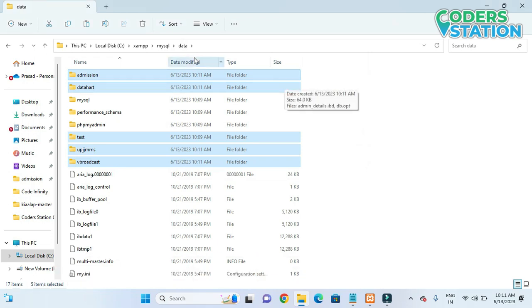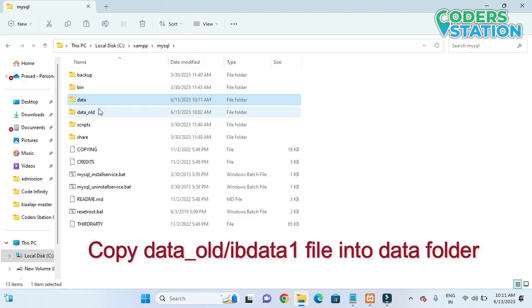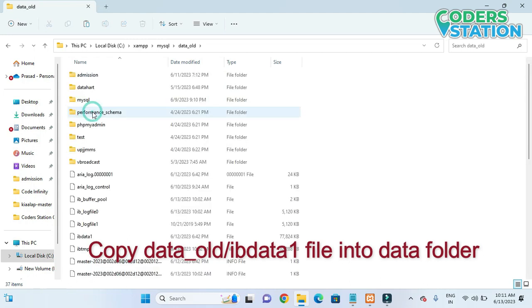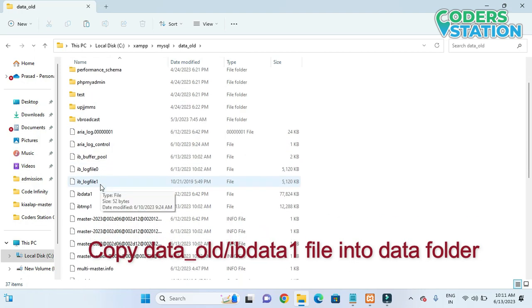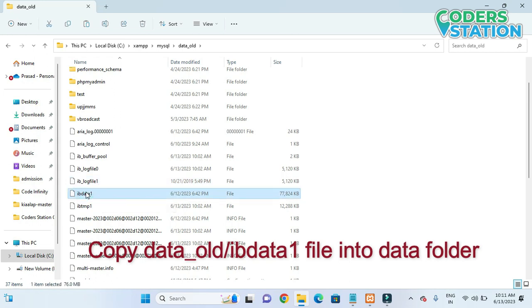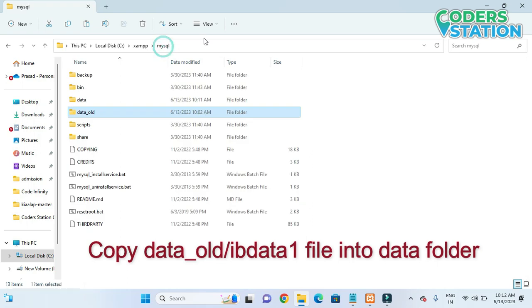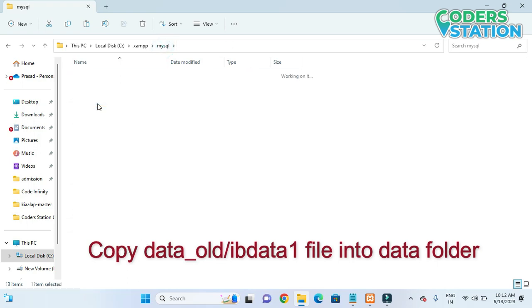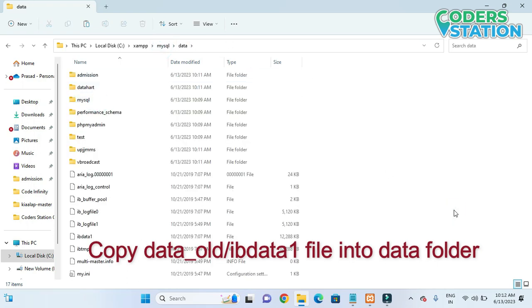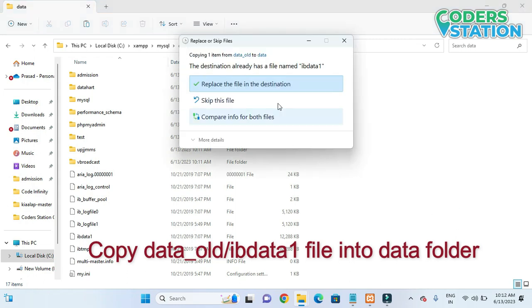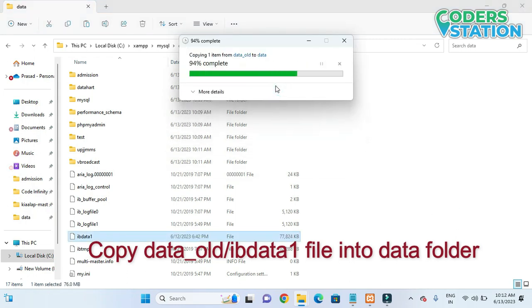Then what we have to do is go to this data old folder. In that we have to search for the ibdata1 file, and we will copy this ibdata1 file and place it in this new data folder. So we will be replacing it. Okay,